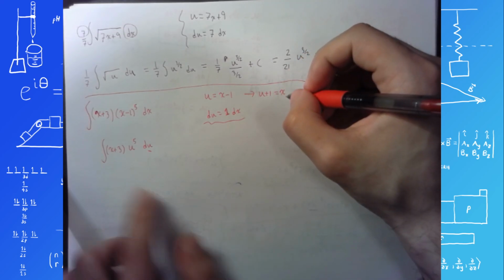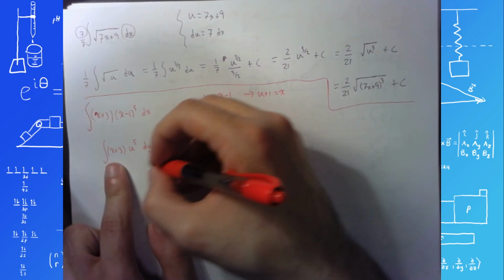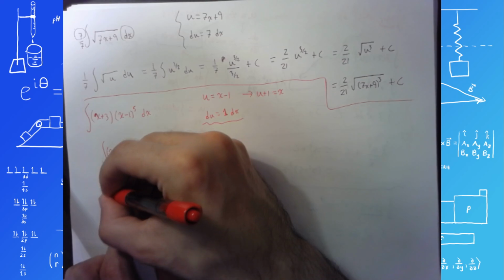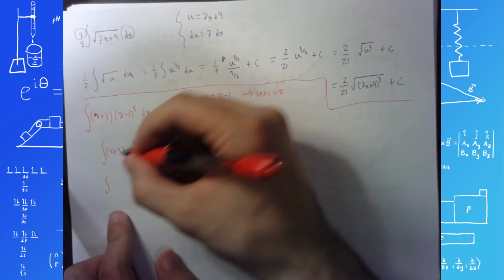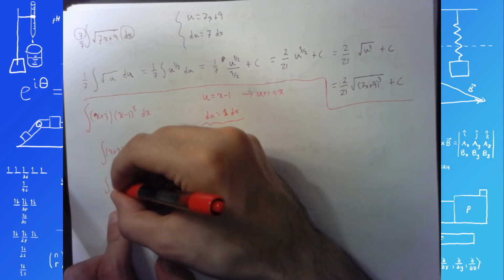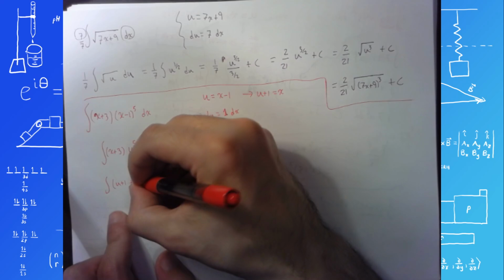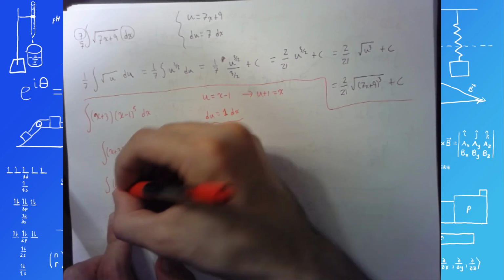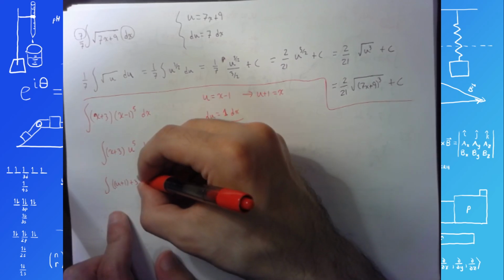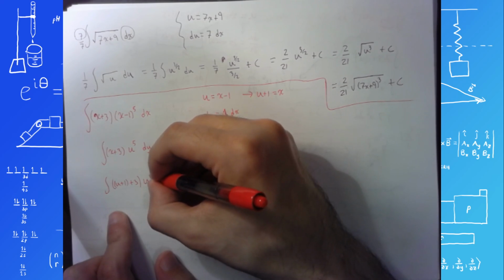And if I make this substitution, then I get the integral of u plus 1 plus 3 times u to the 5th